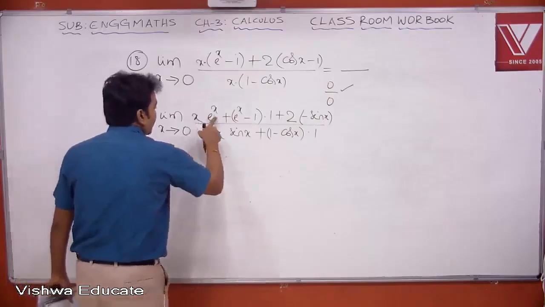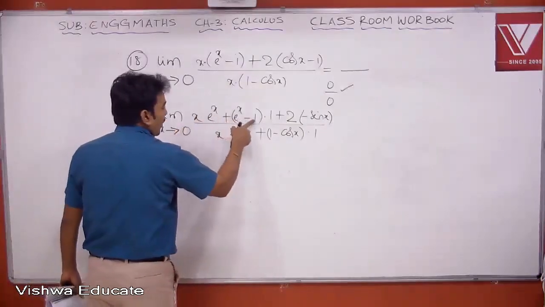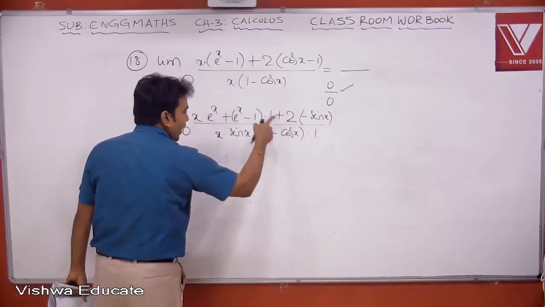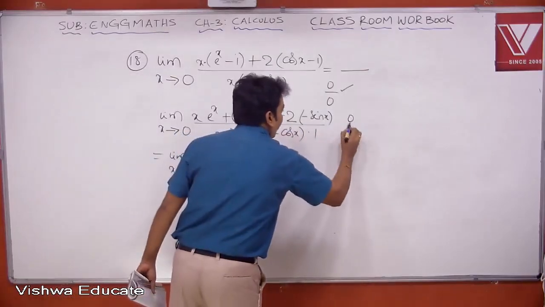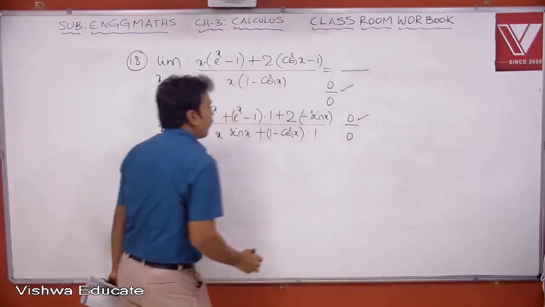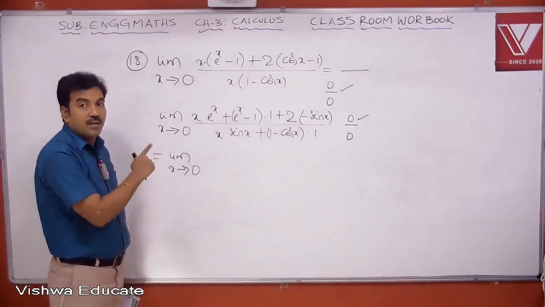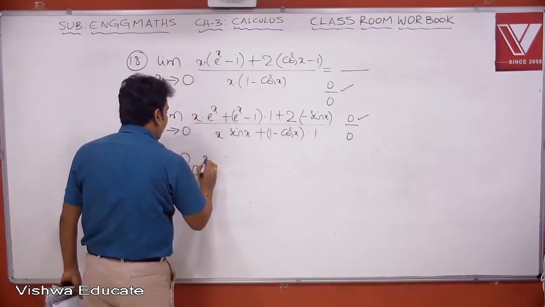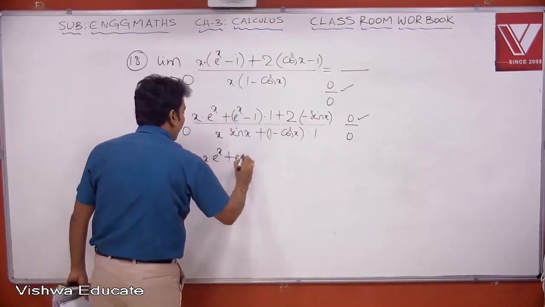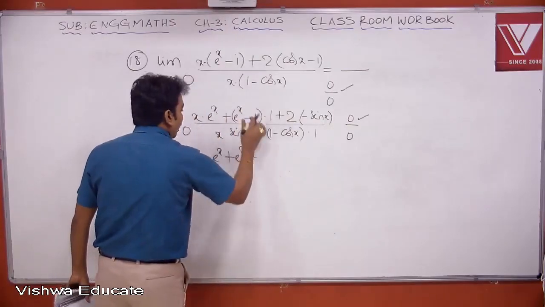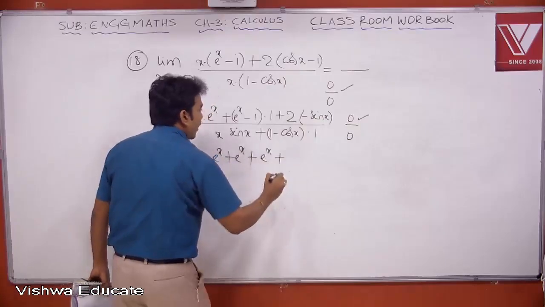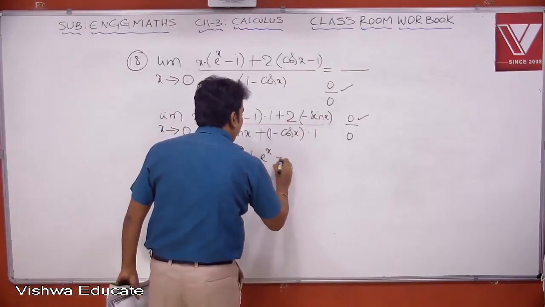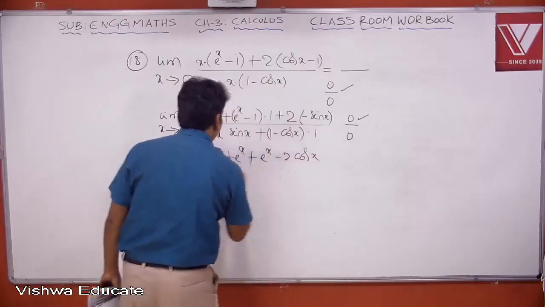Now this is limit x tends to 0. When you replace x by 0, this will be 0. 1 minus 1 is 0. Sin 0 is 0. Again we are getting 0 by 0 form. So that means apply L'Hospital rule for the same problem a second time. So again apply product rule here. x into e power x plus e power x, plus derivative of this e power x, plus 2 into derivative of sin x which is cos x. So therefore this is minus 2 cos x divided by,